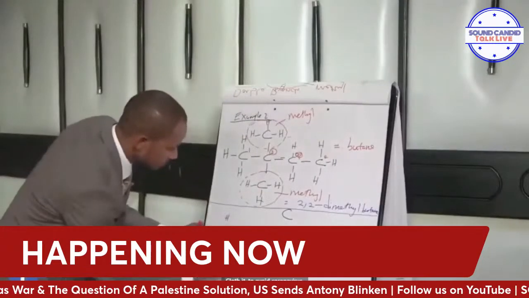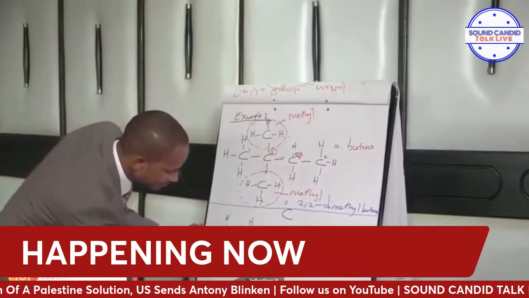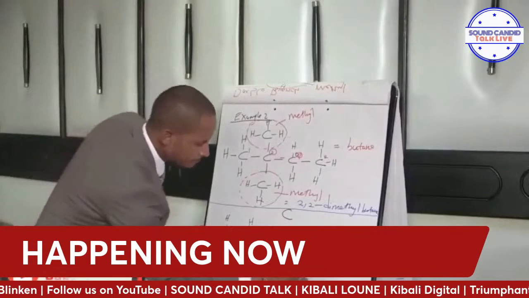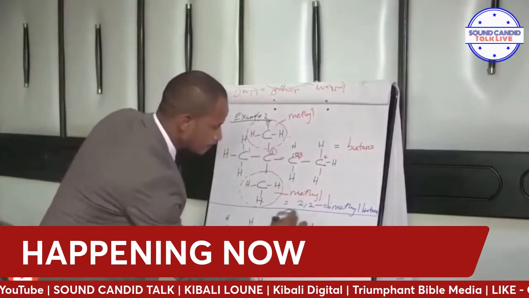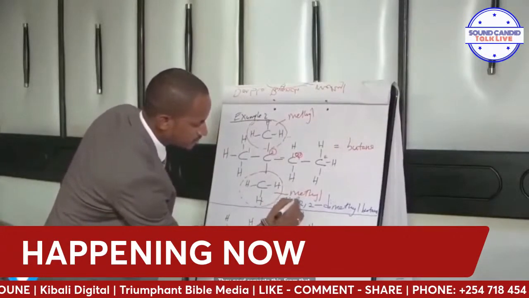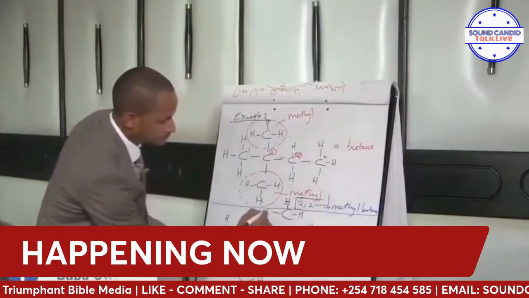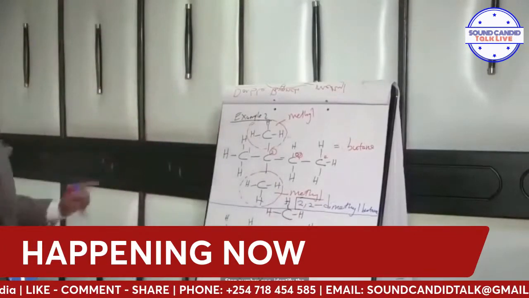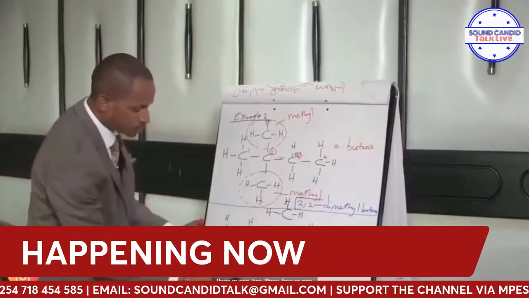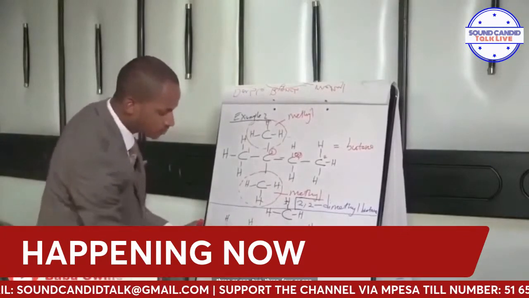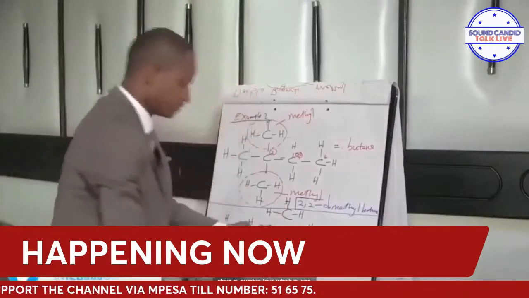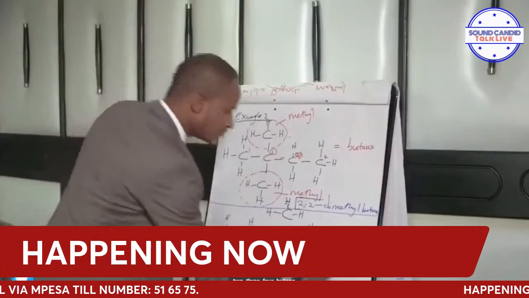Class, let's go to this. Be keen here. This one is hydrogen. We need to separate this from that. Step number 1, identify the longest continuous carbon chain. 1, 2, 3, 4, or 1, 2, 3. The longest continuous chain is number 4, which is 1, 2, 3, 4 butane.